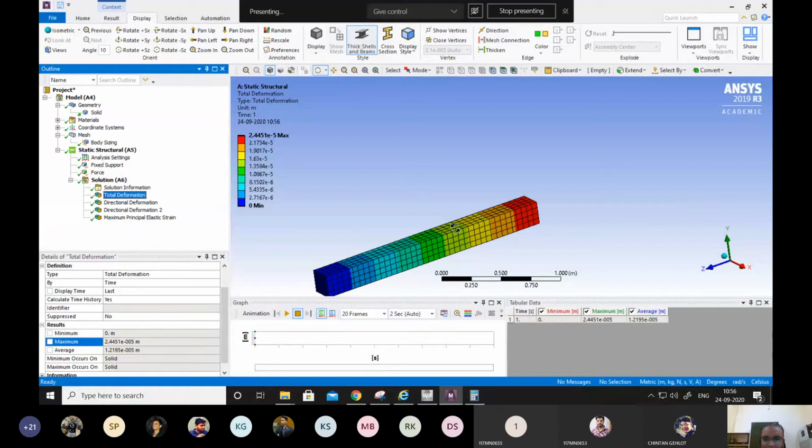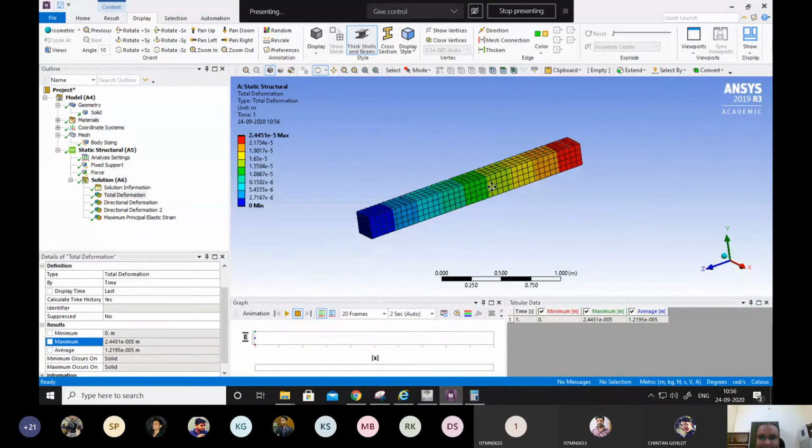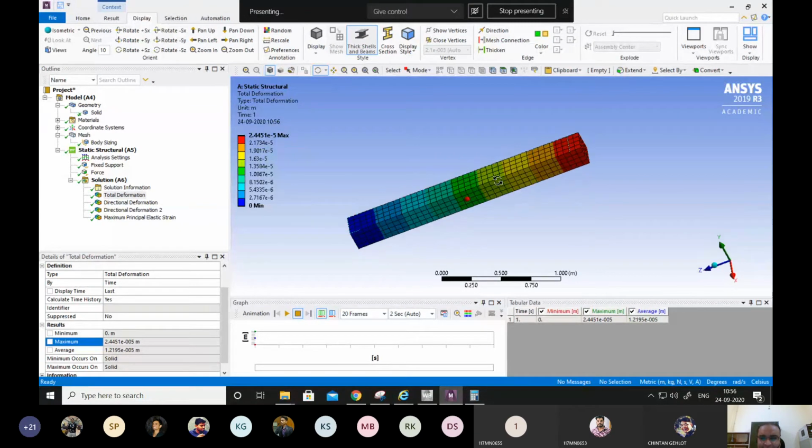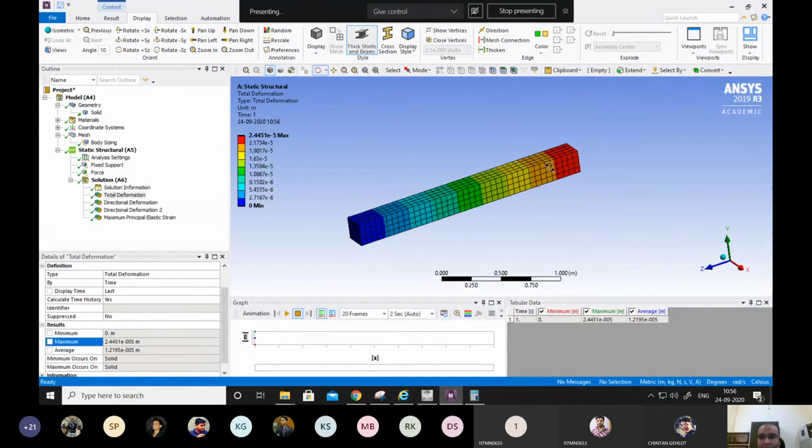So this was total deformation. You can see how it is basically fixed at this end and working at the other. So maximum deformation will be here, right? Because it is being pulled at that end. So total deformation in that sense.